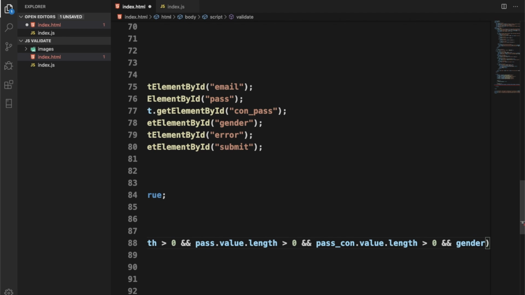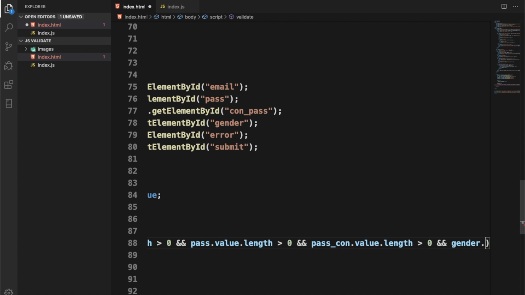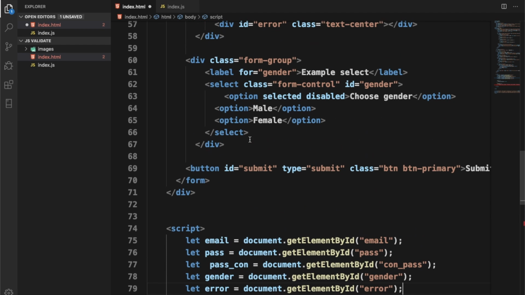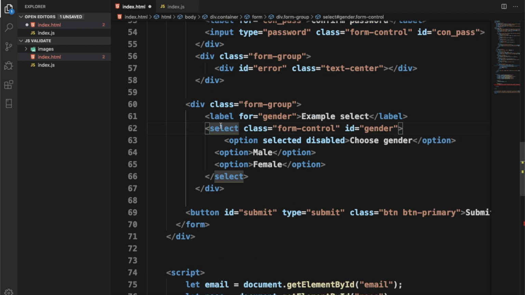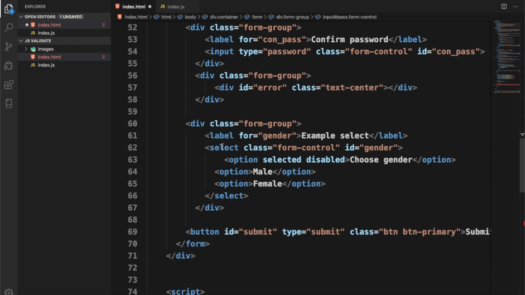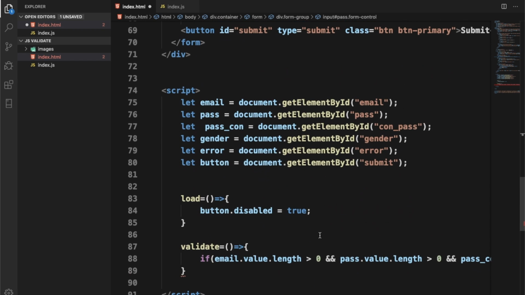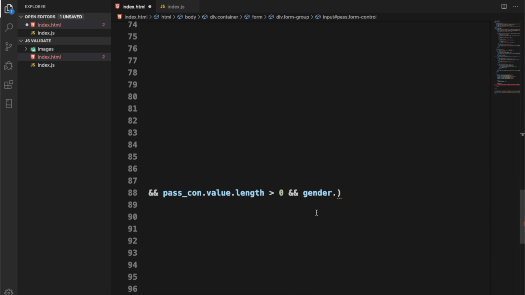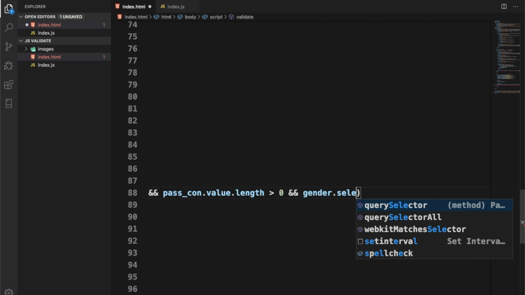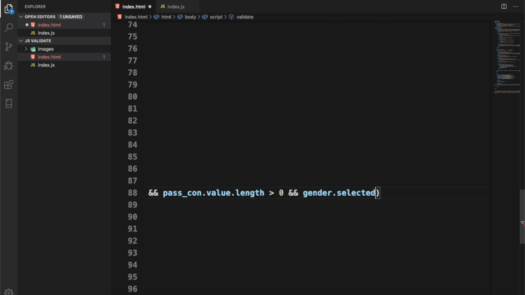Now for the gender, I'm not going to use value.length because you can see clearly it's different from what we have here. We have input labels, but here we don't have input, we're using select. So the logic we use will be different here. So this will be gender.selectedIndex. Okay, so if the selected index is not equal to 0,